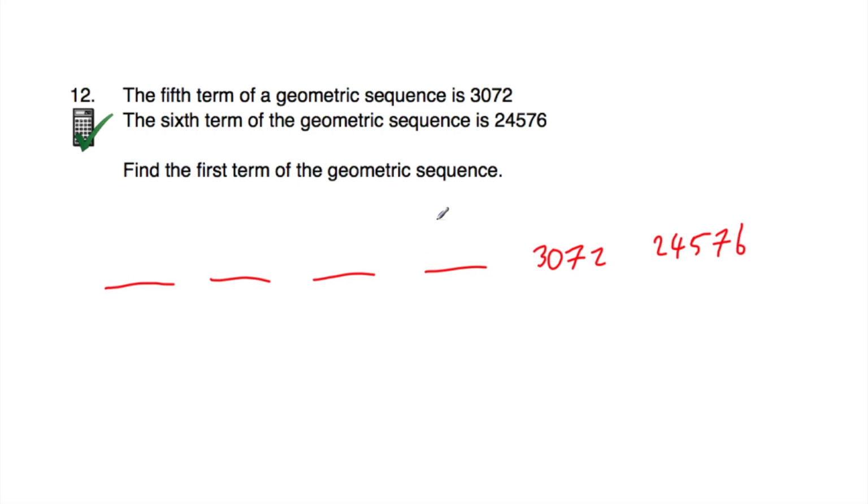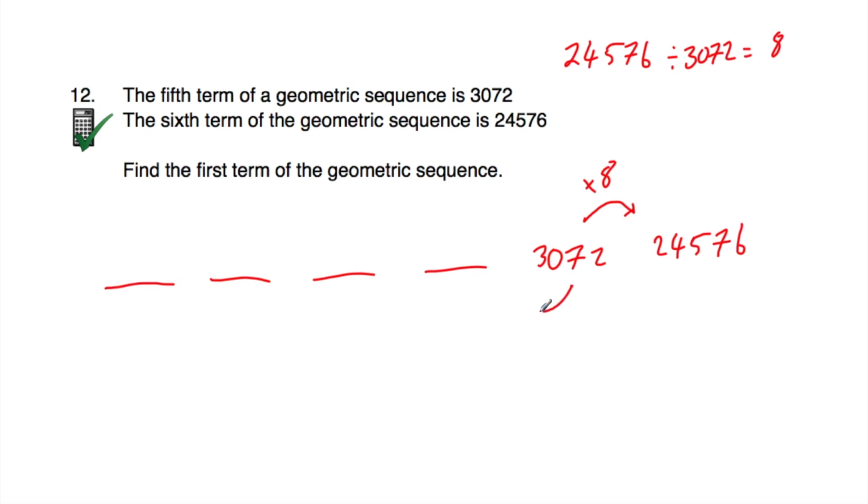24,576. Okay, so let's find out what we're multiplying by each time. So what do we multiply by? So if we get our calculator and we do 24,576 and we divide that by 3,072, that's going to be equal to 8. So each time we're multiplying by 8. So if we want to go backwards, we can divide by 8. We can just divide by 8, divide by 8, divide by 8, and divide by 8, and we'll get the